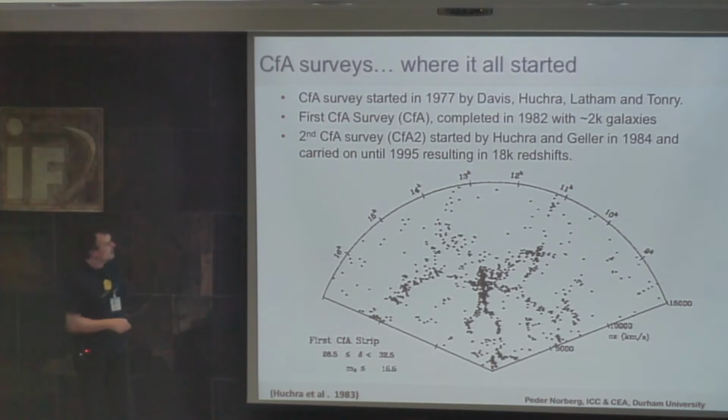Yeah. And the nice thing with this one is that this first survey already showed that there was a lot of structure in the universe. Yeah. And you need to do these surveys to actually get a feel for this, to understand this. And this carried on afterwards. CfA2 carried on and by 1995 had about 18,000 redshifts. That was a very manual process of doing surveys. CfA was very manual, and the main thing you can remember from this is that this structure is huge given the area they have surveyed.